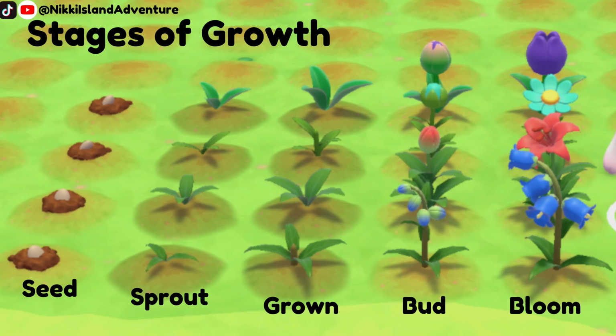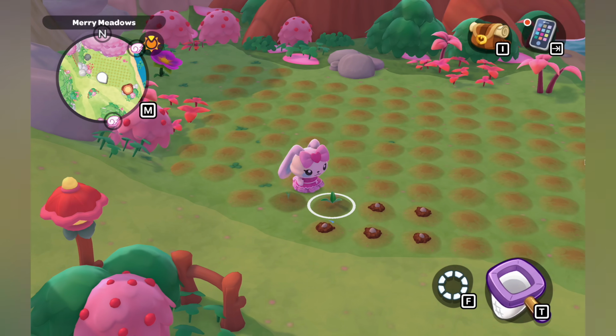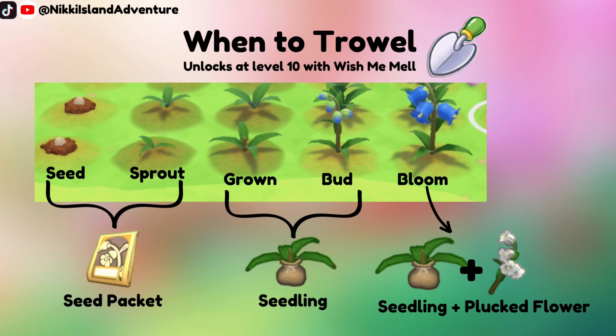So, the first stage is a seed. This stage looks like a small brown pile of dirt with the seed visible in the center. Remember to water these every day to help them grow. Watering helps flowers grow faster, and when you trowel seeds up, you get seed packets in your inventory. Next comes the sprout stage. It's still small, and if you use the trowel to dig it up, it will also return to a seed